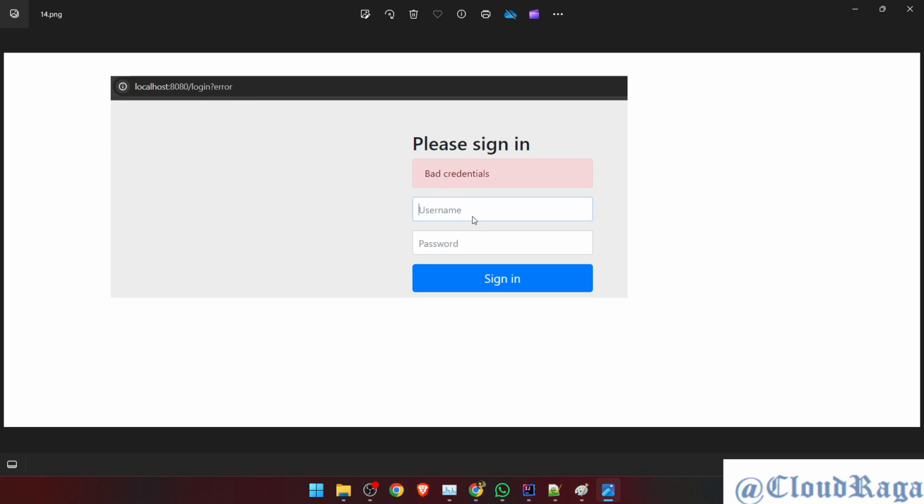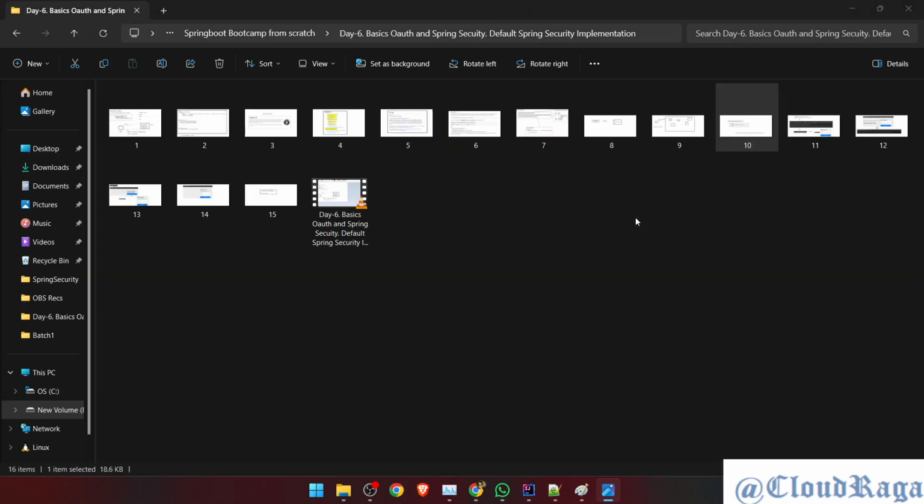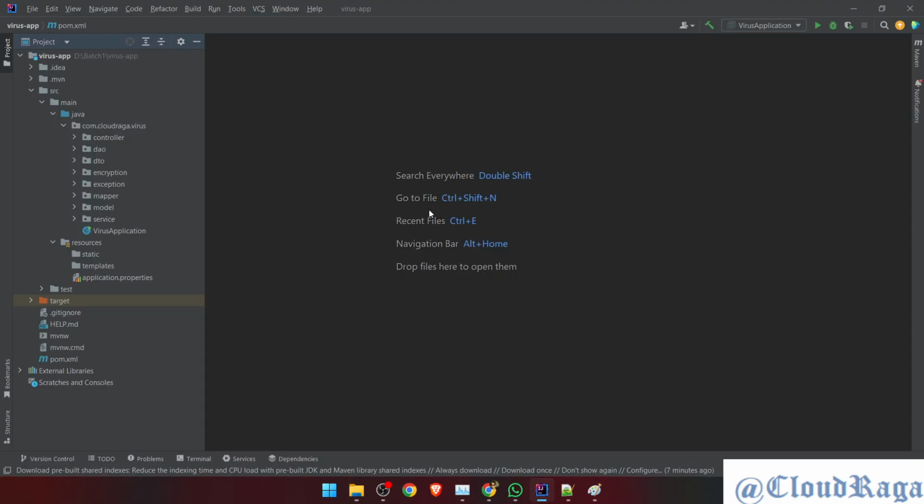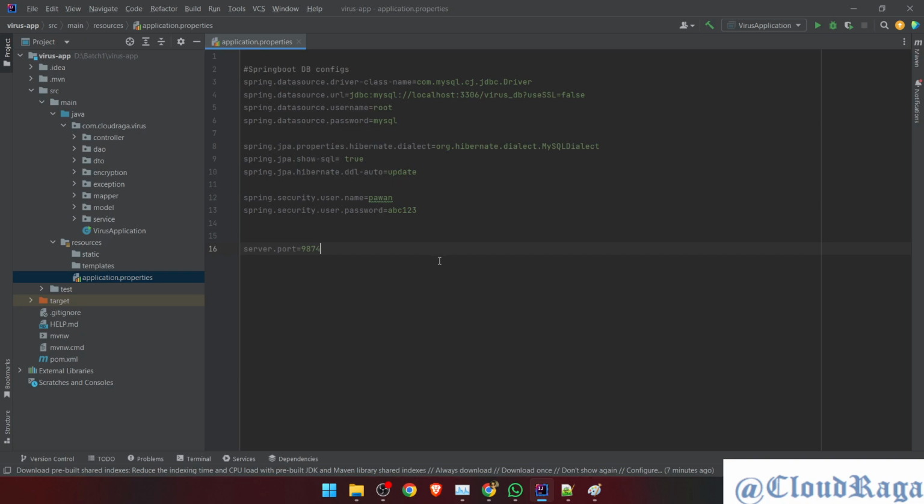So everything is coming from Spring Boot, and this is really good when you are creating UI screens or web pages using Spring Boot. Since we are going for an API, it won't help us much. That's why we need to go for tokens. We are going to use JW tokens, which is the standard when it comes to OAuth. We already know what OAuth, JWT, and Bcrypt are. These are three things which we are going to combine together